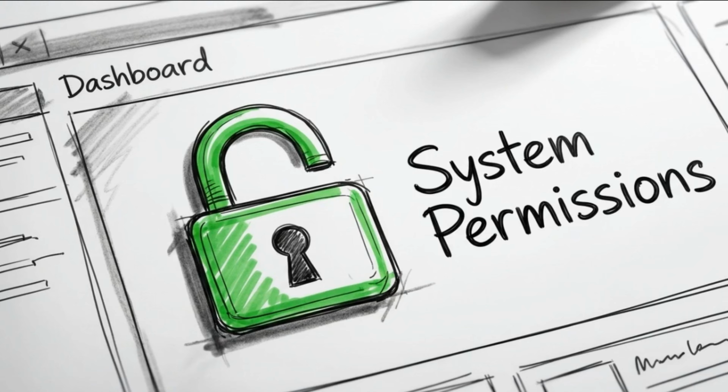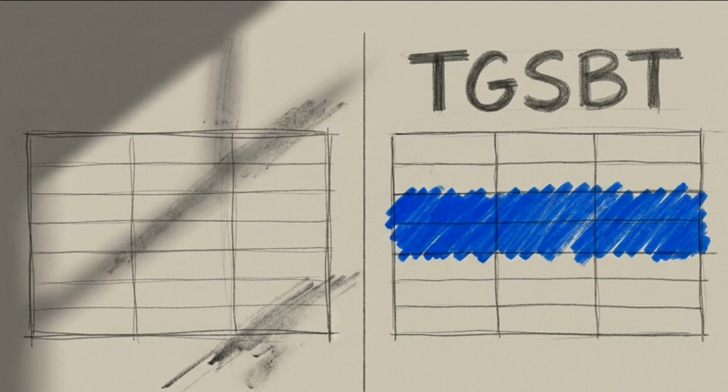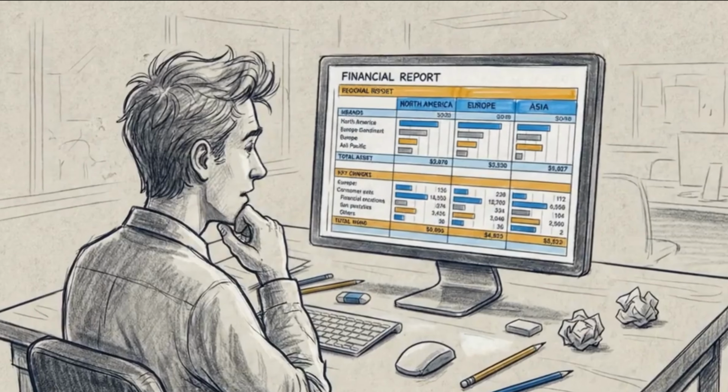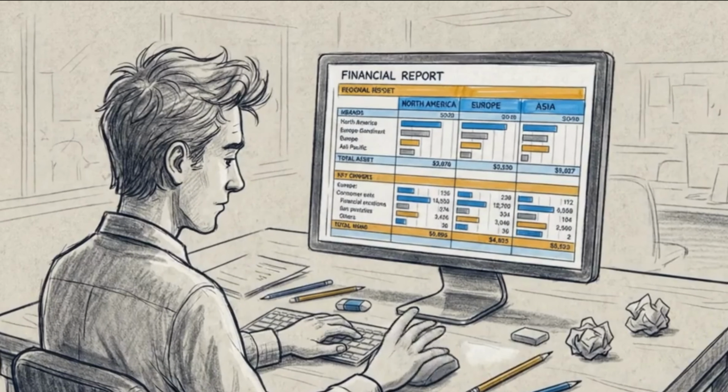Before we begin, ensure you have system access and authorization to execute transaction code SPRO. By the end of this workflow, you will have a fully configured business area that is verified and active in the database table TGSBT. Establishing this unit correctly is the required first step before the system can generate accurate, segmented